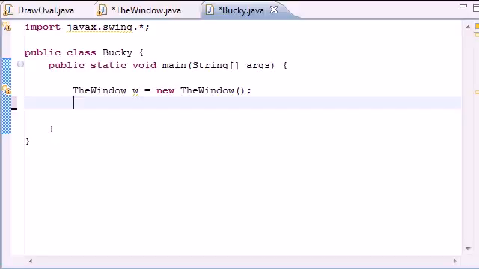Now that we have a window object, we can take care of some necessary things. w